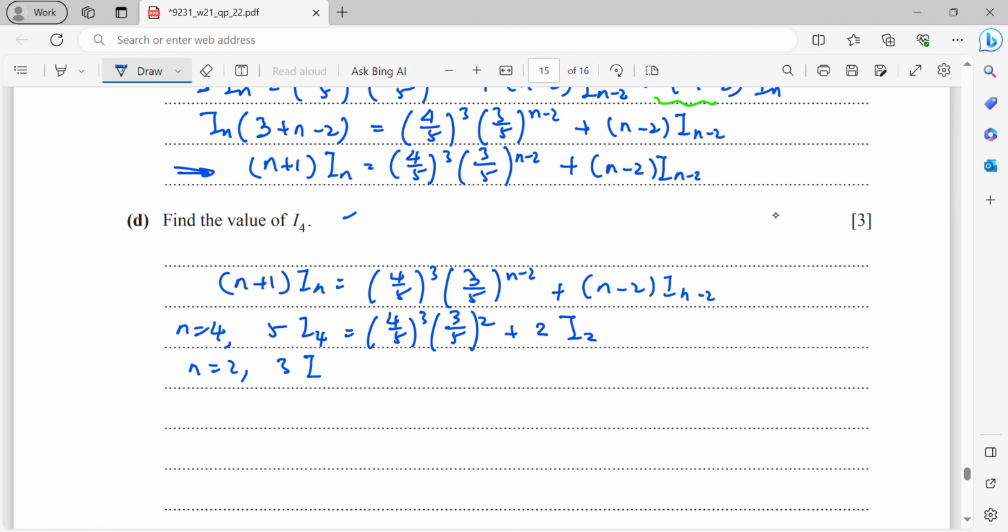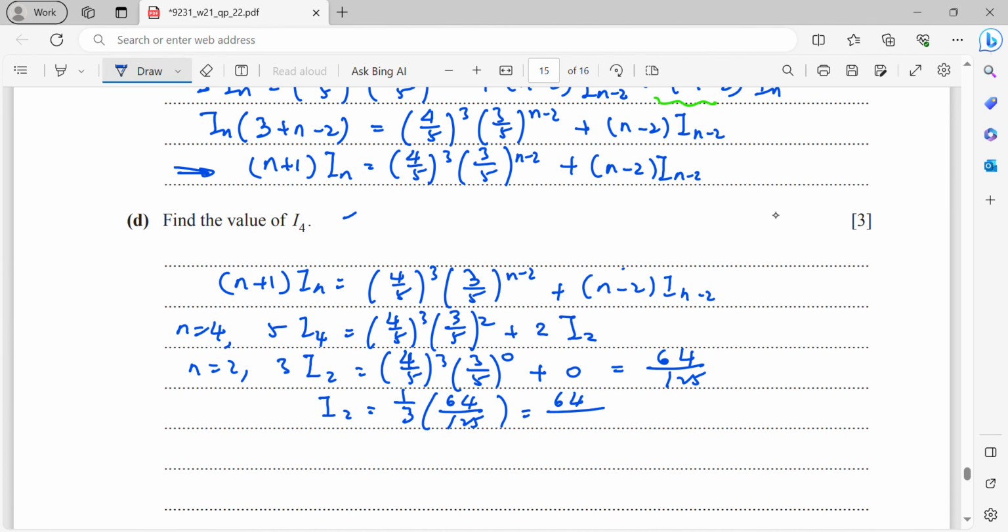So left hand side 3 I2, right hand side is 4 over 5 cubed times 3 over 5 squared, not squared. Okay, because now your n is 2, so 2 minus 2 is power 0. Then plus, now n minus 2 is 0, so everything is 0. Okay, which means this is 64 over 125. So now my I2 is 1 over 3 times 64 over 125. That means you will be getting 64 over 375. Okay, so from this first equation,